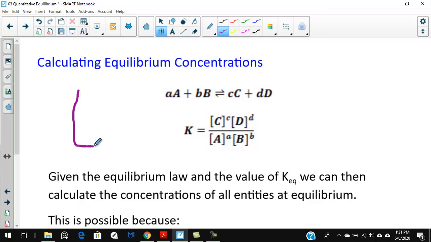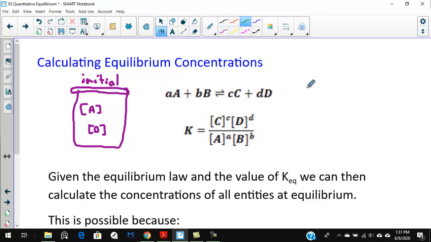If I have my flask, and of course my flask has to be sealed so that nothing gets in and gets out, and I put initially a certain concentration of A and B in here, whatever those two chemicals happen to be, we know as they reach equilibrium, they're going to produce some C and D. So if this was the initial flask, just starting out, the final flask we know would then contain